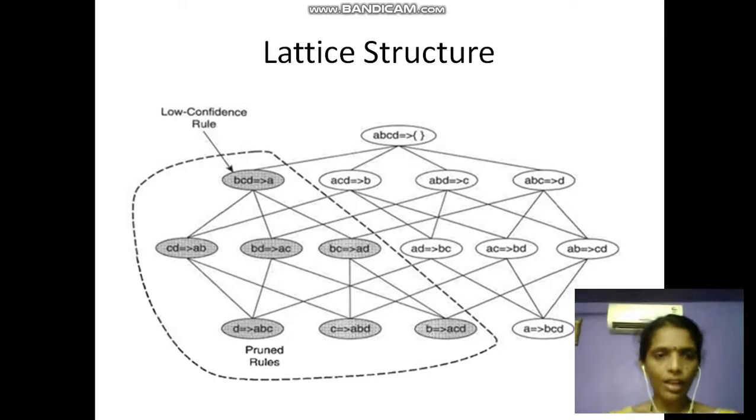Coming to the second level, here I am combining the rules I generated in the previous level to generate the next level values. If you observe here, BCD implies A and ACD implies B. When I combine these two, the common values on the antecedent are CD, and on the right hand side, the consequent is AB. Therefore, I can generate the rule CD implies AB. Similarly, by combining all the rules in level 1, I can generate rules like CD